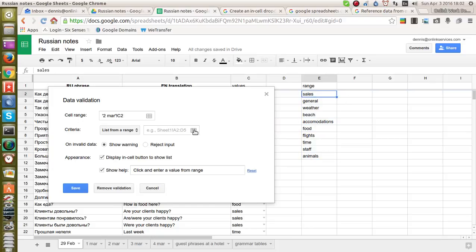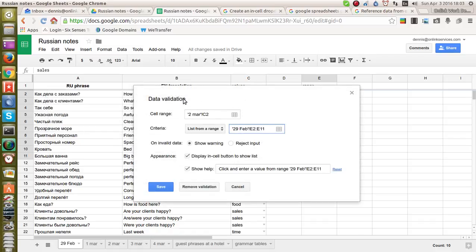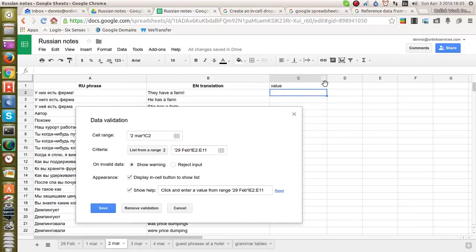Maybe, let's try again. I click Select Data Range. Now it's going to ask what data. I'm on 29 Feb. I select the data, 29 Feb E2 E11, click OK, and now it takes me back to the data validation. The cell range is on 2 March, just to make sure that we're still sane here. 2 March, C2, we're good. 29 Feb, E2, E11 is the range, we're good. And if I click Save,